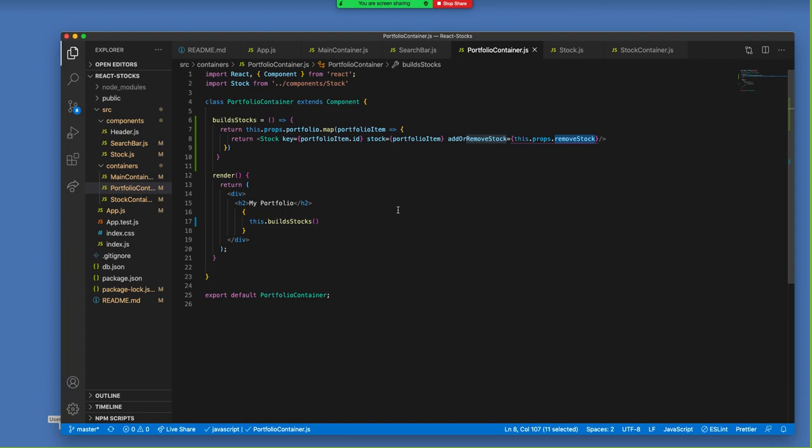Okay, so do we want to go over the spread operator or do we want to go over pooling first? Pooling? Okay. So let's go ahead and check out what pooling is. So I'm going to